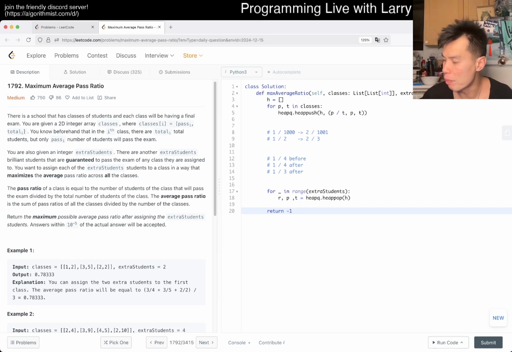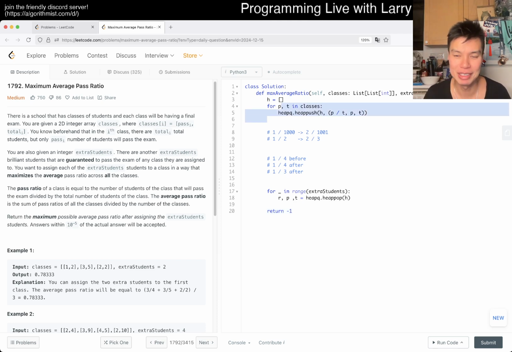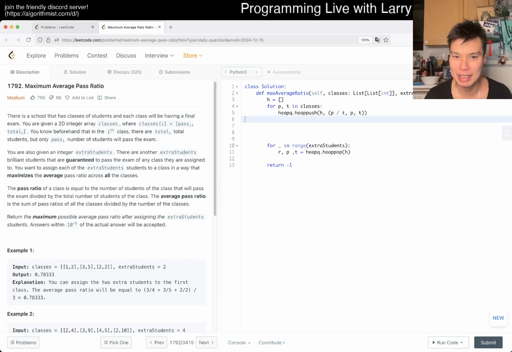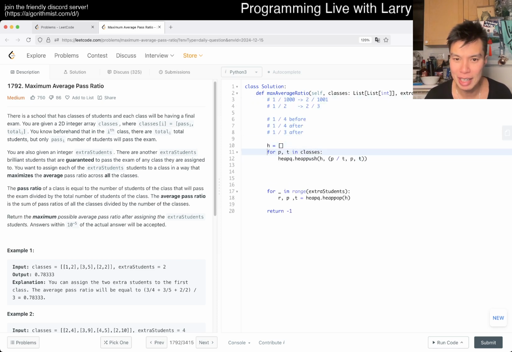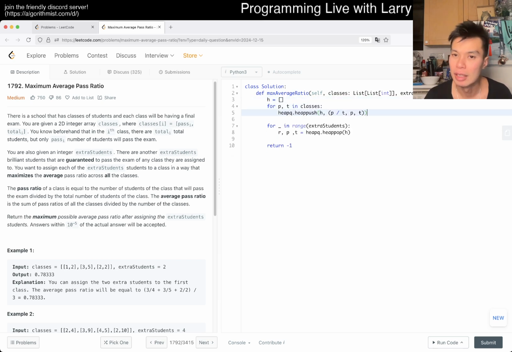What we want to sort by is actually the greatest impact that adding a student would give you, right? I think that's probably the smarter way to do it. And I think this is a trap. It's an attractive trap, but it's still a trap. And then the idea here is just having, yeah. So now,